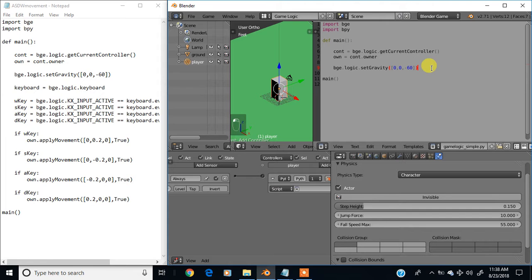So, this is like messing with the gravity of the game itself. Basically, we import the Blender game engine. So now we're messing with the Blender game engine logic of the gravity. The first one is X, the second one is Y, the third one is Z. That is always nothing else, nothing more. So we're basically trying to add more force down, because if this is less negative, and the reason it's negative is because of the way the arrows are pointing, those are the